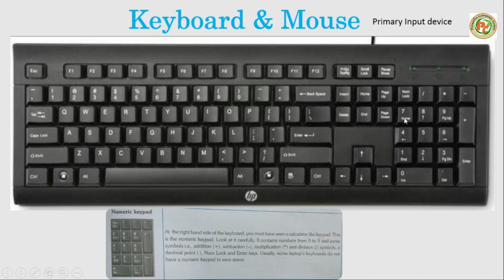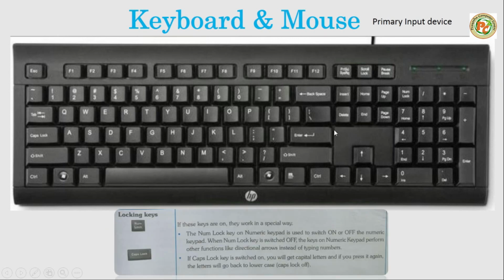But this is possible when the numlock key is off; if it is on, then the number keys will appear. Similarly, if it is off, then these will function as page up and page down. Similarly, left for the left side, right for the right side, up and down. Got it? So these are the functions when working on the keypad. If the numlock key is off, then you can perform based on these signs.